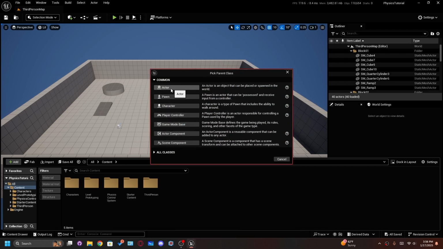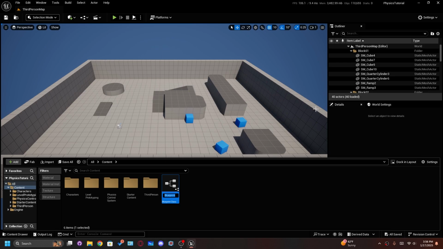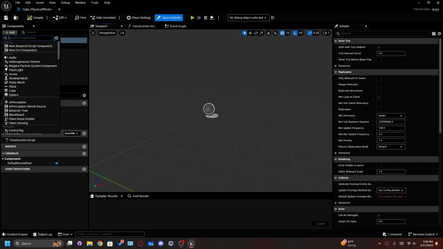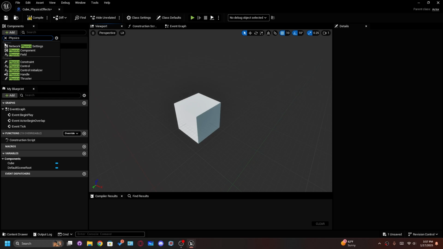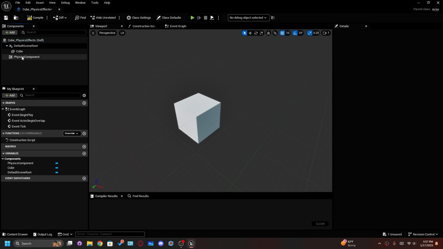So we are going to create a new blueprint and select actor, and we are going to call this cube physics effects, and in here we are going to add a cube right here. So now we have our cube, but we don't have our physics component, so add that as well. Search for physics and you will see it in customs, so make sure that you don't go inside any other criteria. Make sure that it is in customs,